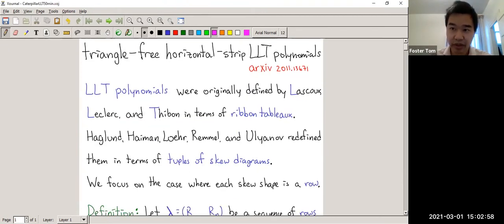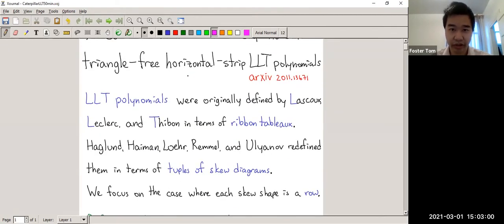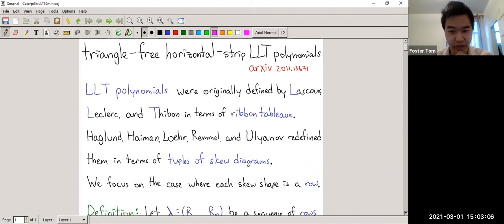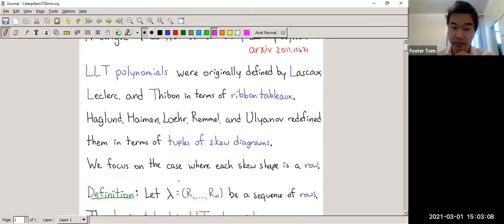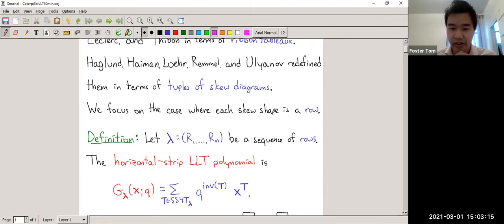And to make things a bit easier, I'm going to focus on what I call the horizontal strip case, where each skew shape is a row. There's still plenty of difficult questions in this case. So if I have a tuple of skew diagrams, each of which is a row, I'm going to define the horizontal strip LLT polynomial to be a generating function over tuples of semi-standard Young tableaux, where I keep track of